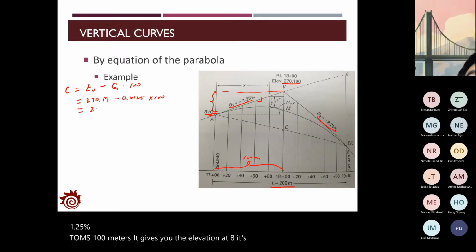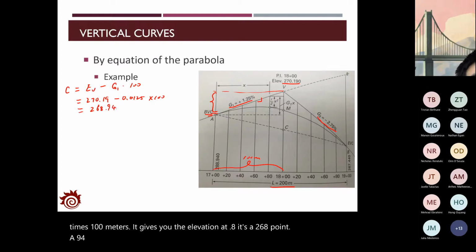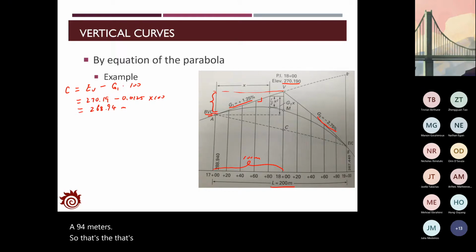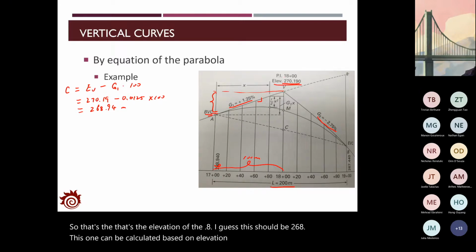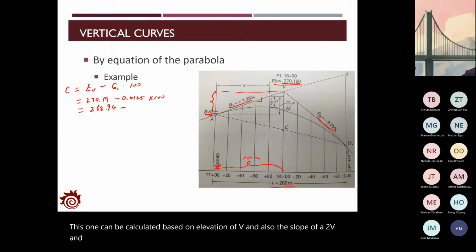It's 268.94 meters. So that's the elevation of the point A. I guess this should be 268. This one can be calculated based on the elevation of V and also the slope of A to V. And once you know the value of C, and also we are provided with L, G1 and G2, we can